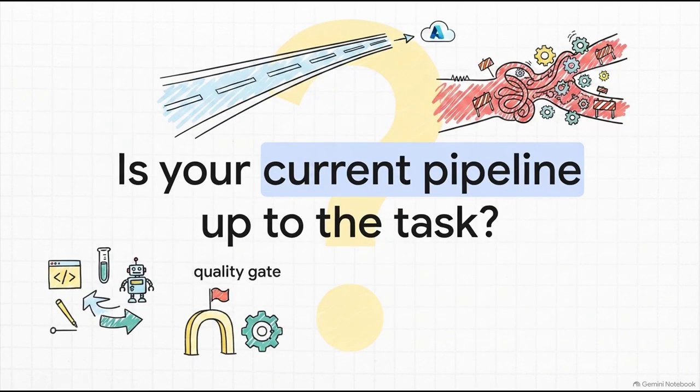So after seeing how securely and seamlessly the modern Azure code-to-cloud lifecycle can actually run, I really have to ask you, is your current CI/CD pipeline up to the task? I mean, is it a high-speed highway or is it a massive bottleneck? Take a hard look at your own setup this week and ask yourself where you can start shifting left and